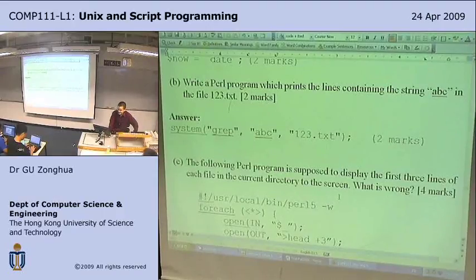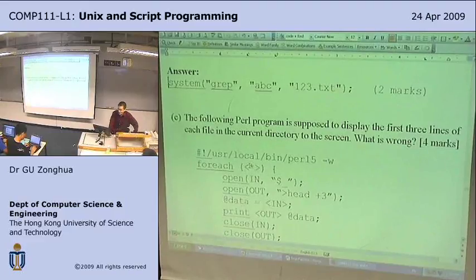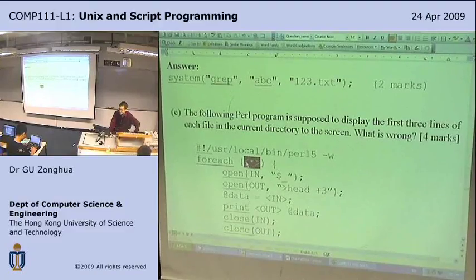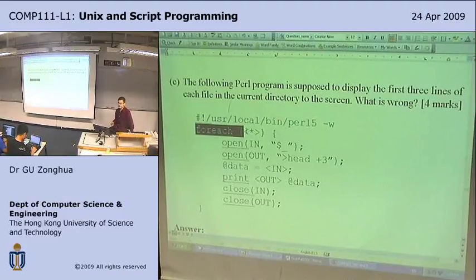Display the first lines of each file in the current directory. What is wrong with that? So for each, this is a wildcard to indicate matches all the files in the current directory. Notice that this is not a regular expression because you don't have the slashes. This is simply a wildcard. And then open the file. So for each, you don't have an explicit variable assignment, therefore you use the default variable $_. You open it,